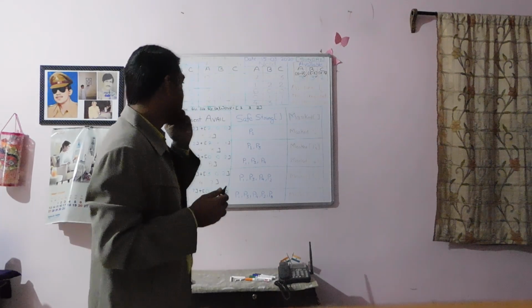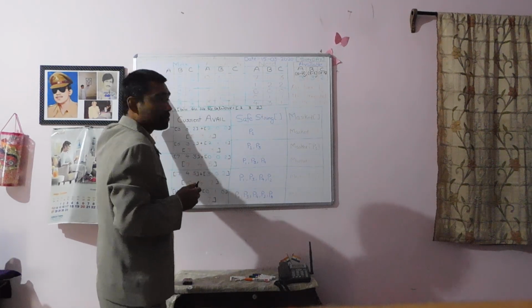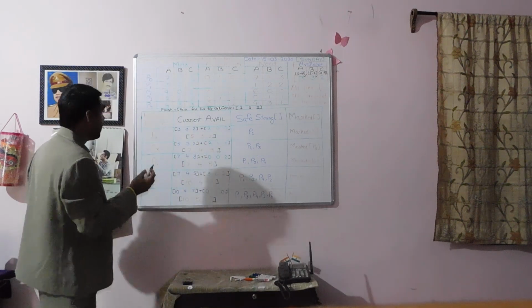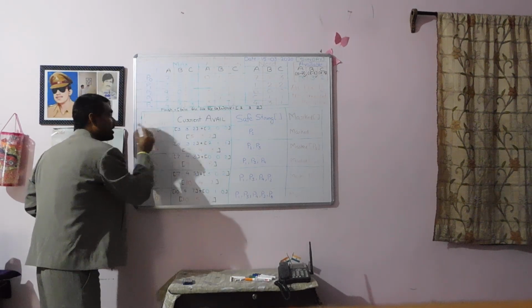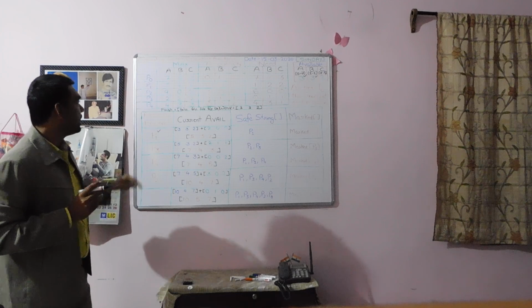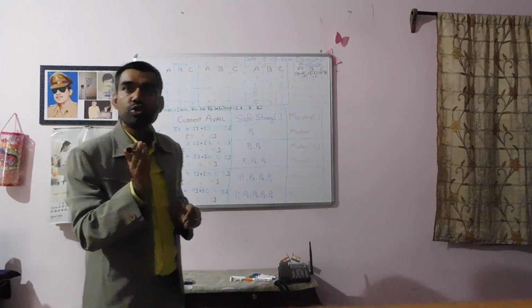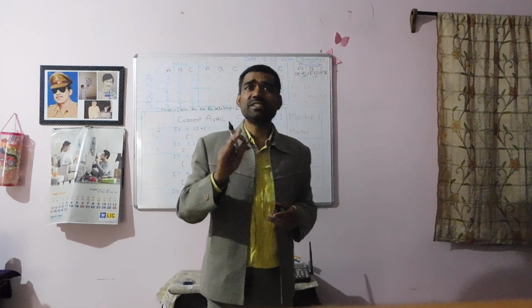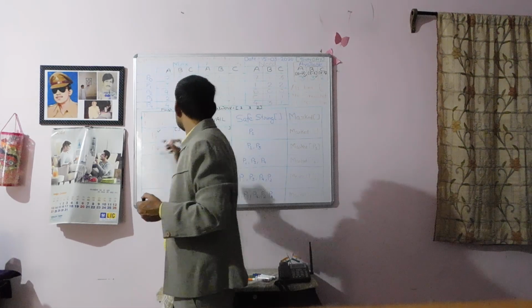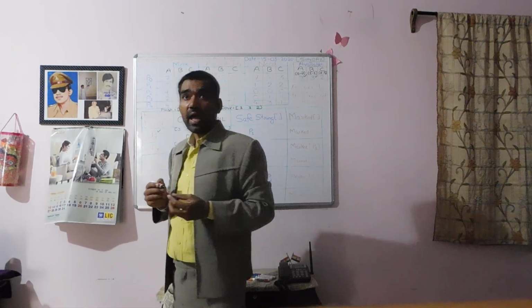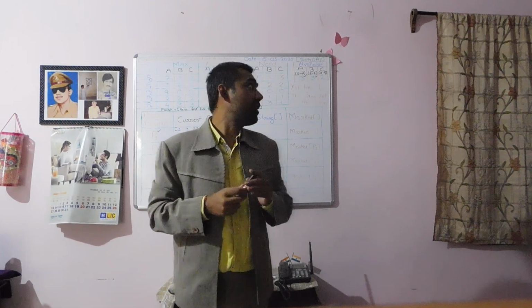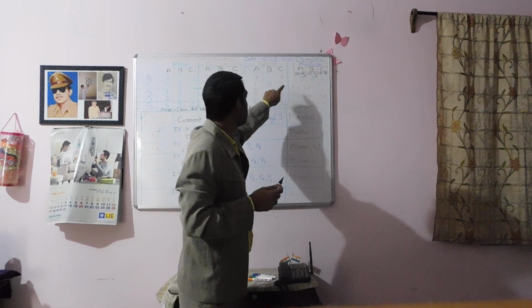So we can make a selection of process P1. We are able to find a process, P1, where both conditions hold, that is, finish of i is equal to false and need of i is